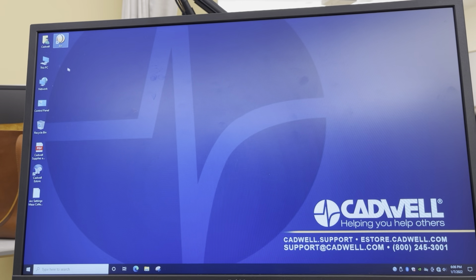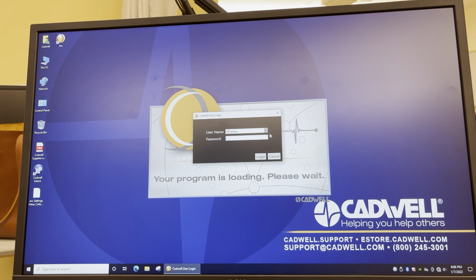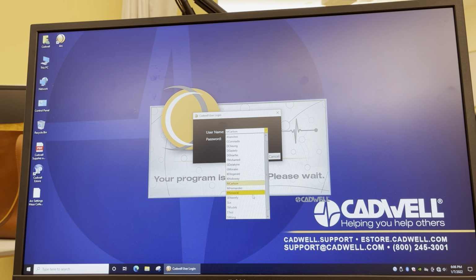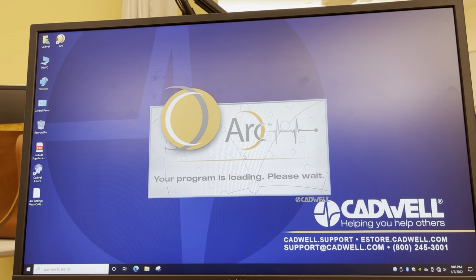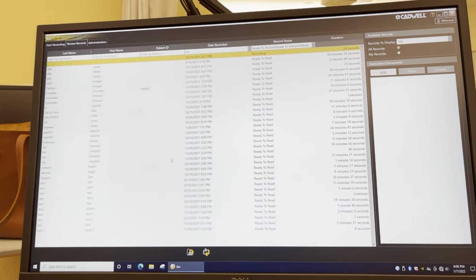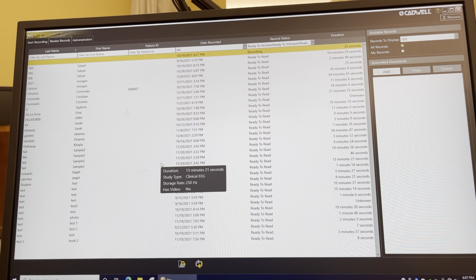Okay, here we go with the Cadwell. So when you're on the desktop, you click on the arc there, and then you have to log in with your password. All right. Okay. So when you log in, you come up to